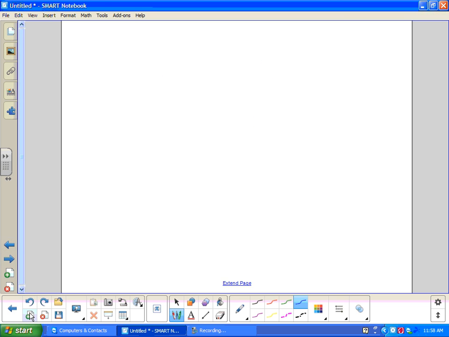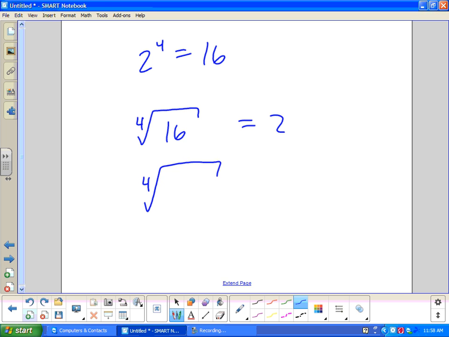How about, do we all know that 2 to the 4th equals 16? All right, so let's do the 4th root of 16. All right, how can we write 16? We can write 16 as 2 to the 4th. And again, the power on the right has to be, so,